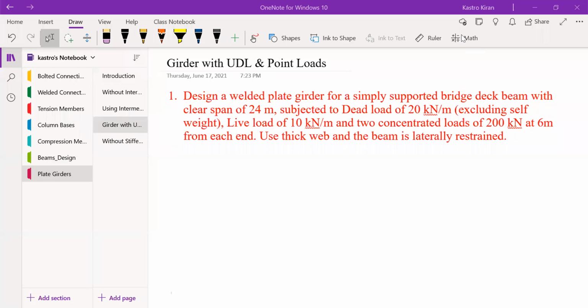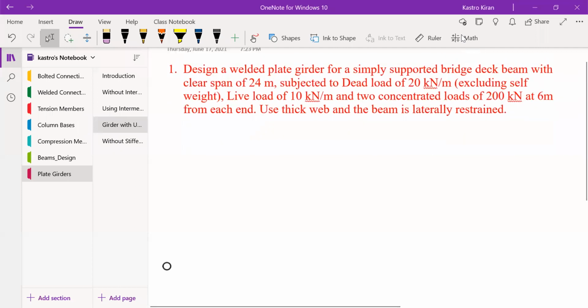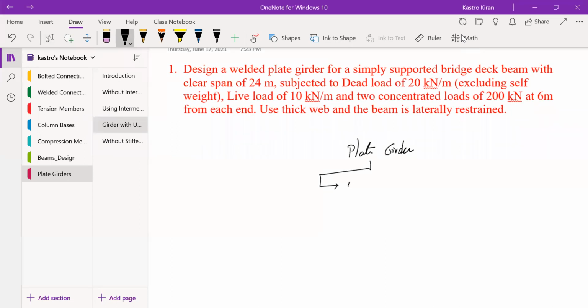So in today's class, what we are going to see is you are going to design a plate girder with a combination of loads. So whatever we have discussed so far, it is all related to plate girder design only. But what we have specifically seen in the previous two models of problems is the first case is without using